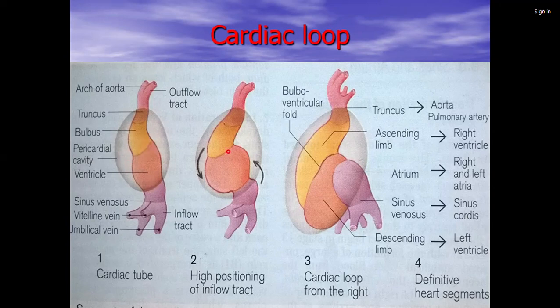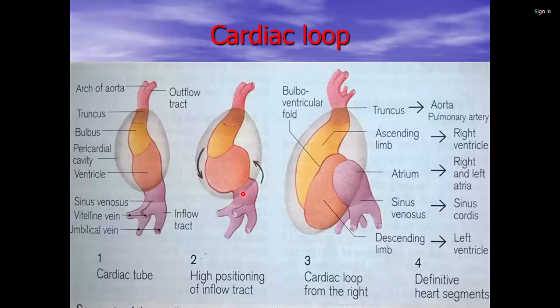Ventricular fold. So that eventually forms a bulboventricular fold. And as the bulbar cordis continues to grow, it descends, and we now have a descending and an ascending part of the primitive ventricle and also the bulbar cordis. So these parts, we have